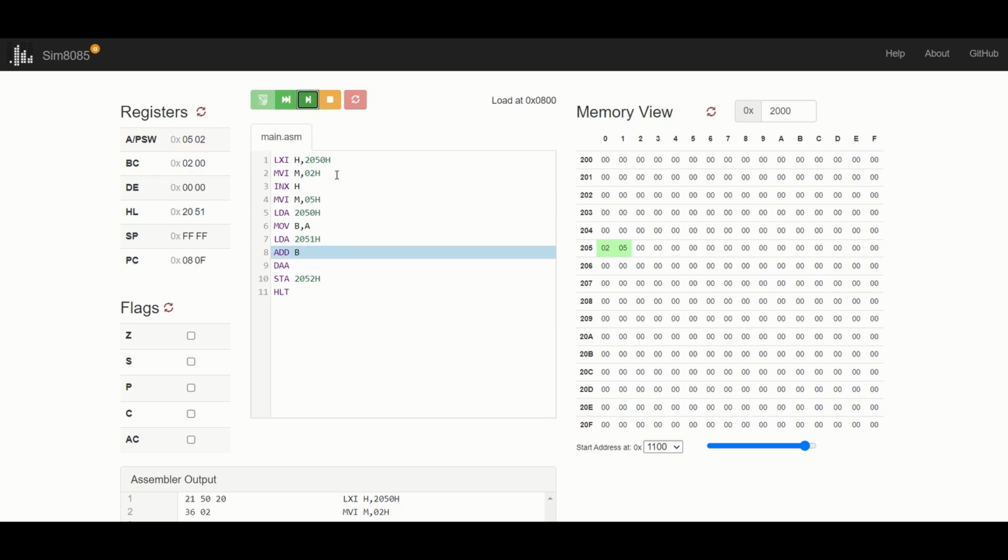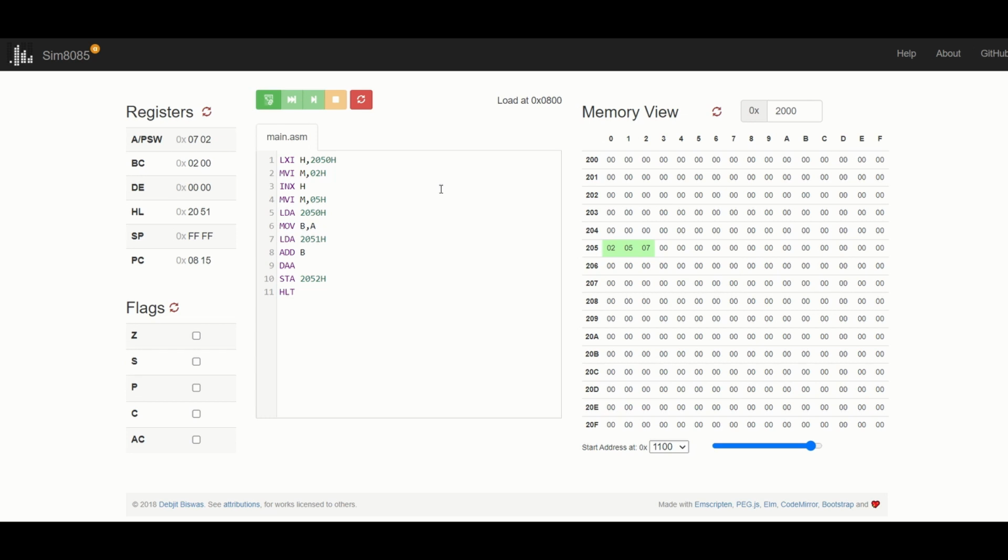So as soon as I run this we get 05 in accumulator. Then we are going to add both of these values 5 and 2 with the help of ADD B. Accumulator में है 05, B में है 02, so दोनों का सम होगा 07 and that has been executed, और जो रिजल्ट है that has been stored at accumulator। देखो यहाँ पे 07 आ गया। Now DAA will convert the hexadecimal into decimal. 07 का hexadecimal और decimal will be same, so it will remain 07. एंड STA 2052 क्या करेगा, तो जो वैल्यू 07 थी जो एक्यूमुलेटर में थी उसको मूव करवा देगा 2052 पे। अभी 2052 पे देखो 0 है, सो as soon as I run this we get 07 at 2052 and HLT will end our program. So that was the